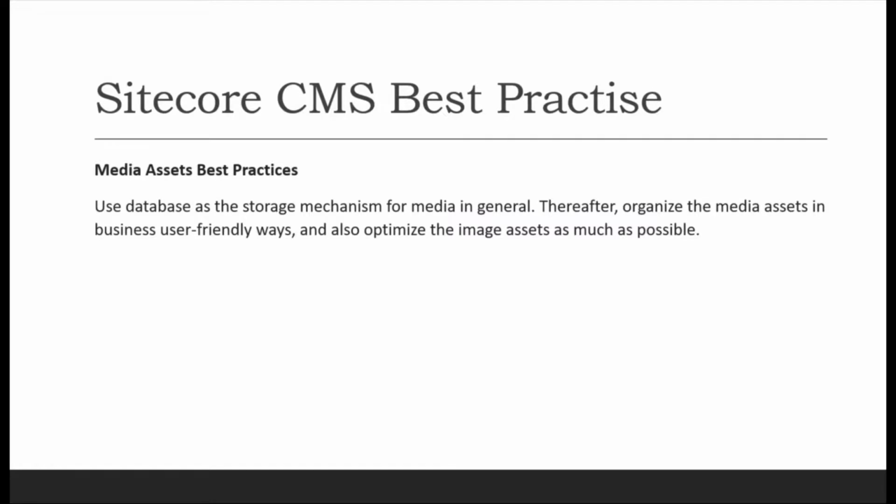Media asset. When you're creating a media asset, organize the folder in a structured, understandable, and business-user-friendly way. Optimize whatever image you are uploading in the media folder, and try to use CSS and JSS inside the media folder. Add CSS and JSS as media items and include them in your page component. That is what Sitecore suggests,